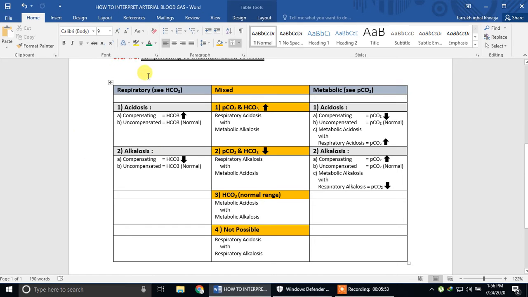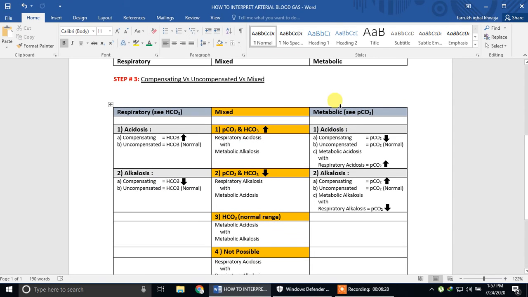If in your first two steps you have successfully diagnosed that it is respiratory alkalosis, then if the bicarbonate is decreasing, it means it is compensating. If the bicarbonate is normal, it is uncompensated. So again, the lungs are causing the blood to become more and more alkalotic, so the kidney should decrease or excrete the bicarbonate. If the kidney is excreting the bicarbonate, it is compensating. If not, and the bicarbonate is still normal, it is uncompensated.